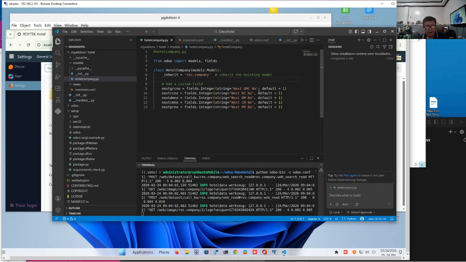And by the way, we have assigned strings which will become the permanent labels, like labels in an HTML. They will be attached to any input, okay, when we use an input box for these integers. So these are integer type fields, all with a default value of 1. Okay, so these are all fields, all integer types, because this will be document numbers. So anyway, let's go back to our application in Odoo,